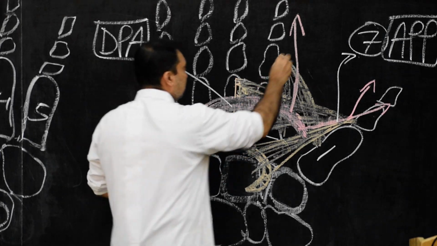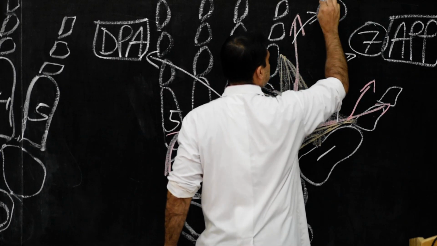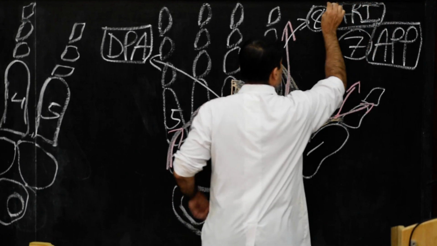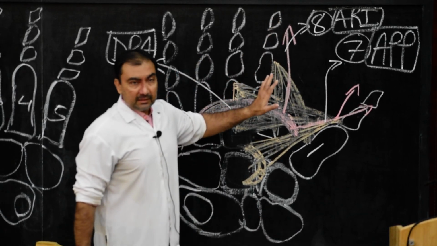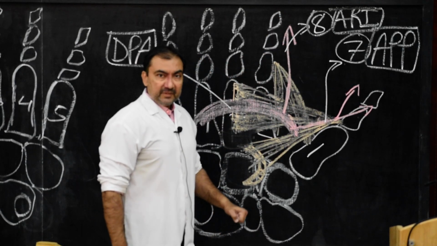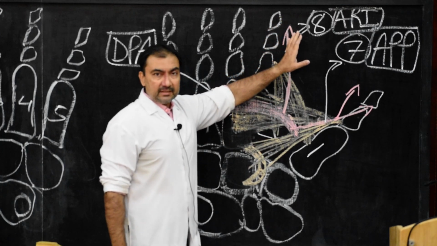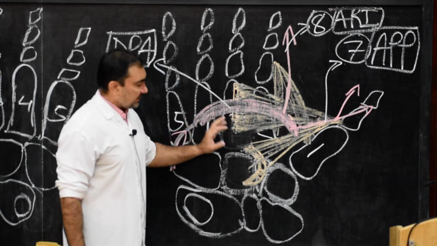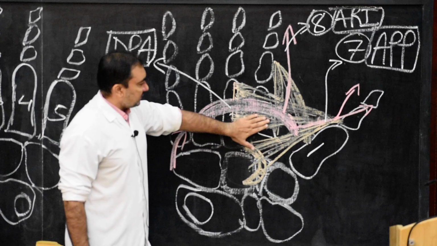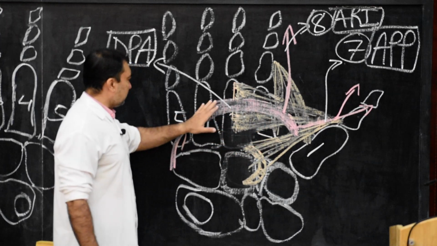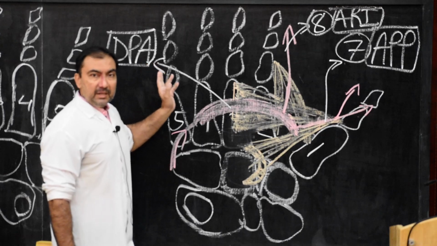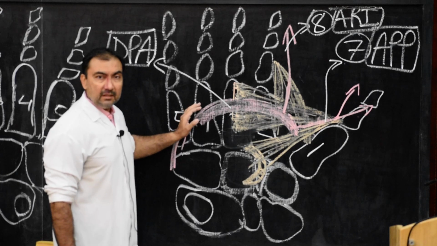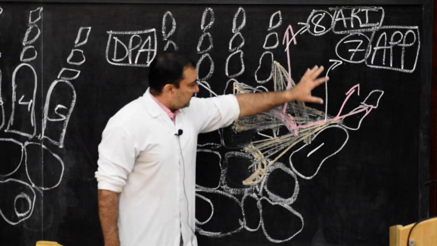I will name it as branch number 8, arteria radialis indicis. It will supply the radial side of the index finger. So this is the last branch, branch number 8. And after giving this branch number 8, the radial artery will pass once again between the oblique head and transverse head of the adductor pollicis, and it will complete as the deep palmar arch, because it is going to meet the similar branch of the ulnar artery of the opposite side. So all these 8 branches we have discussed.